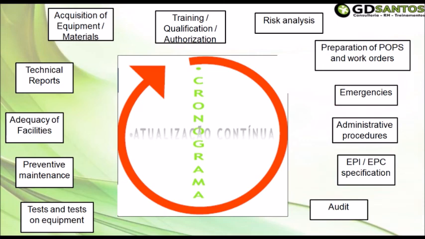The continuous update starts with the tests and equipment tests, preventive maintenance, adequacy of facilities, technical reports, acquisition of equipment and or materials, training, qualification and authorization of professionals, risk analysis, preparation of POPs and work orders. POPs is a Brazilian term for standard operational procedures,